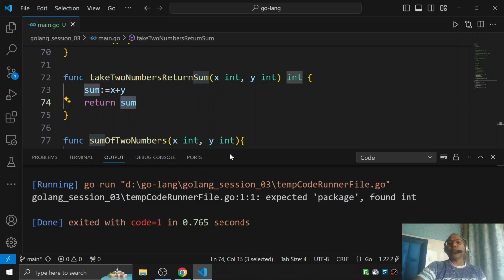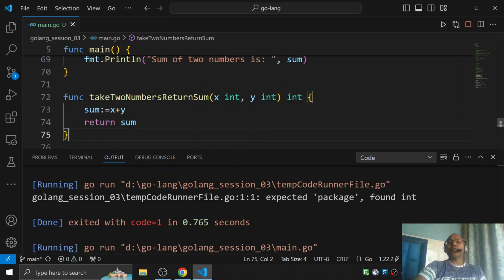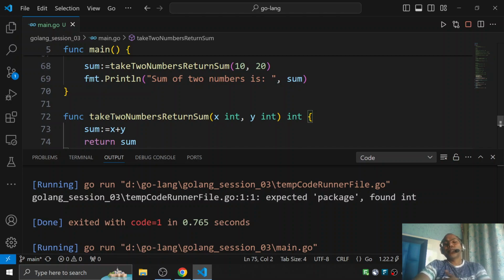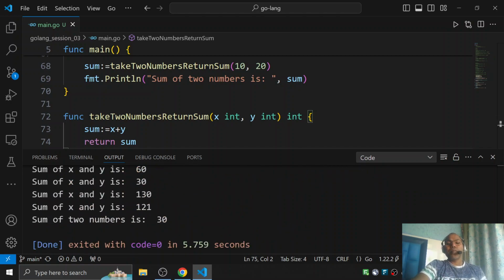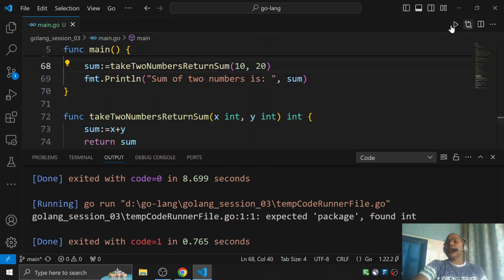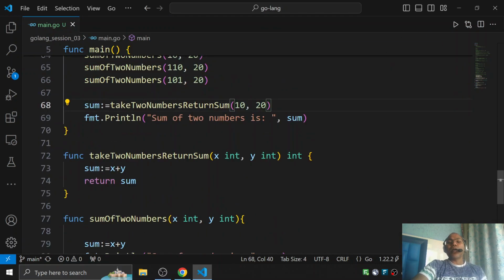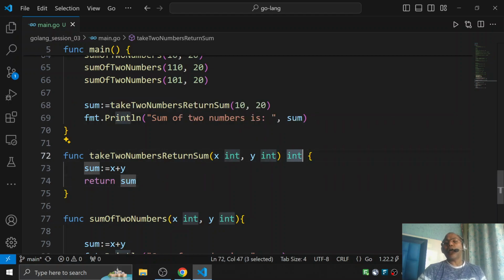Notice, just run it again. And you are getting the sum of two numbers, 20, because you are passing the sum of two here. So sometimes you write a function that not just takes input but returns output. Notice this is optional, because the Go compiler automatically identifies what value you are returning. You are returning an integer, the plus of two numbers, so it can identify it. You can even remove it